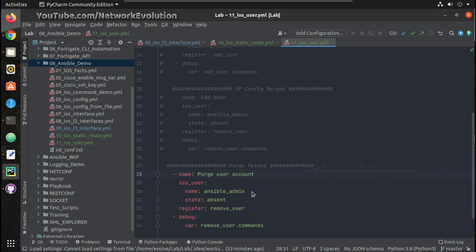And here under ios_user, I'll create aggregate, and then admin we don't have to give, admin1 we'll give. If you want, you can add multiple users here with a hyphen, and then we can give purge here.